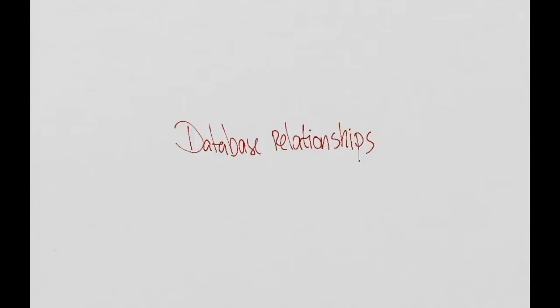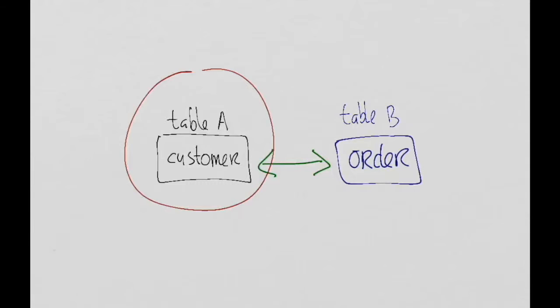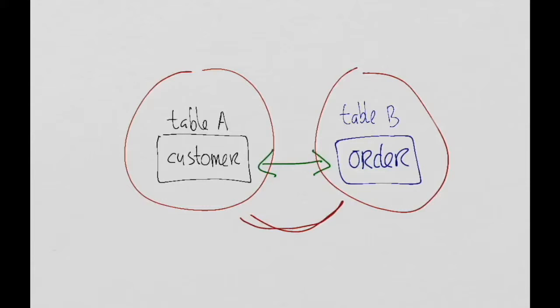Relational database. When two tables have a connection with each other, we call this a relationship. If you have a table customer and another table orders, then we can use both tables to see which customers have ordered something. Making a relationship between tables is by adding a primary key and a foreign key to the